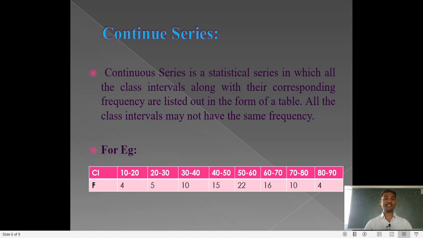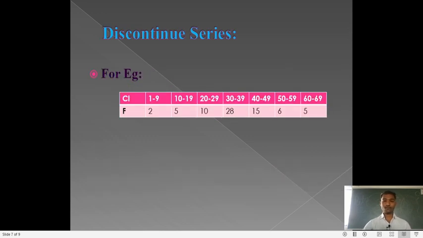In a continuous series there are class intervals and frequencies. The frequency in the 10 to 20 class is 4. Then in the 20 to 30 class it is 5. So it is an example of a continuous series. Now we will go to the next series,